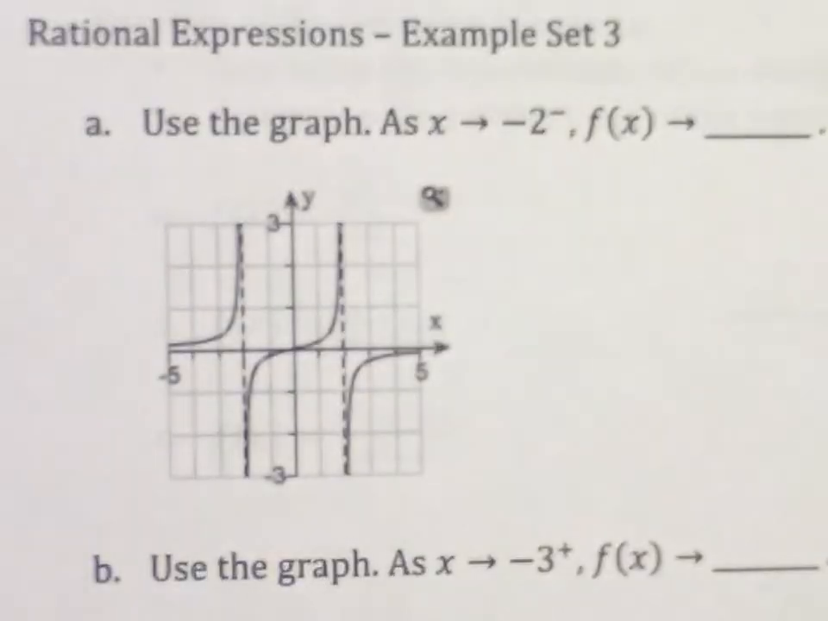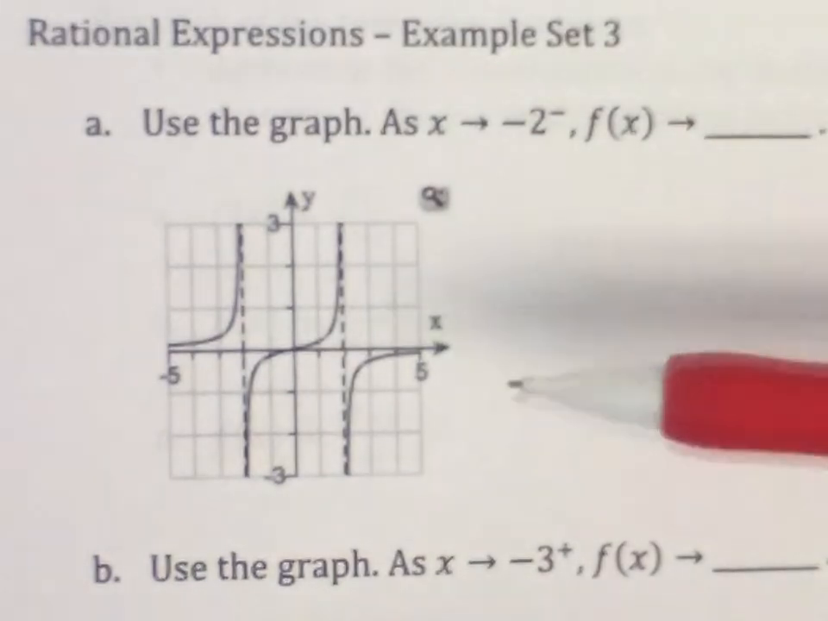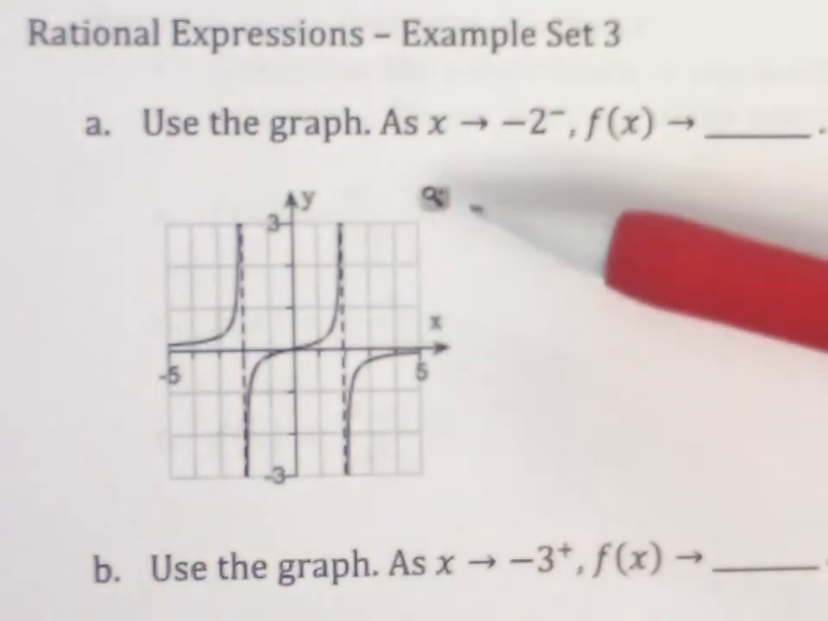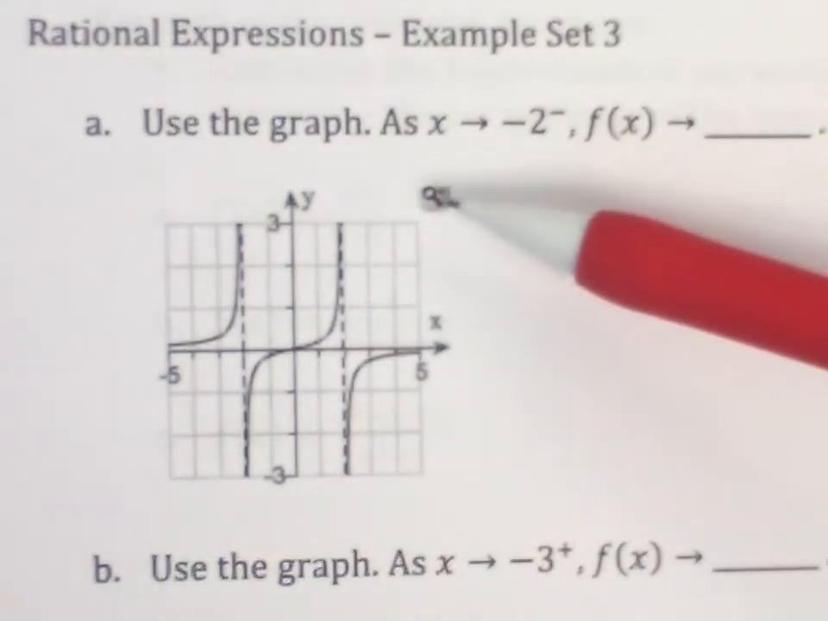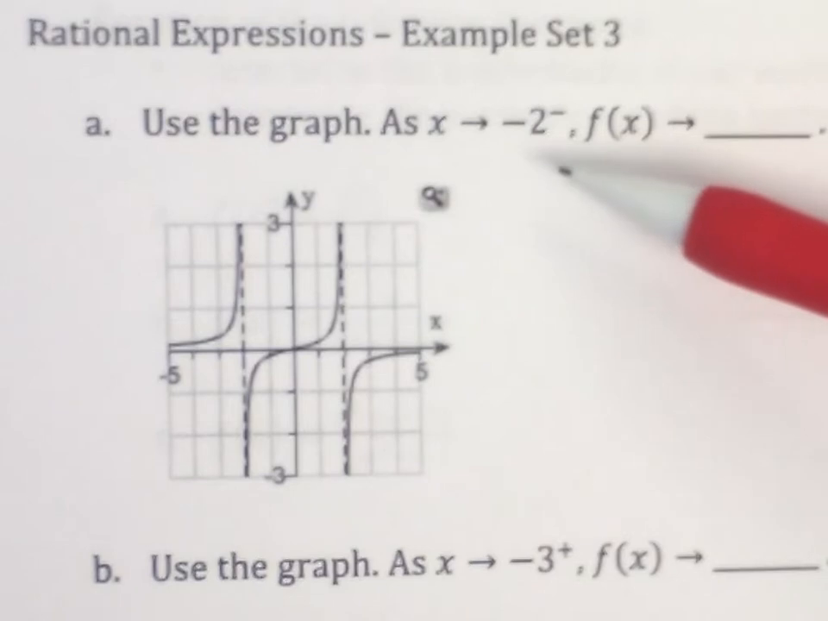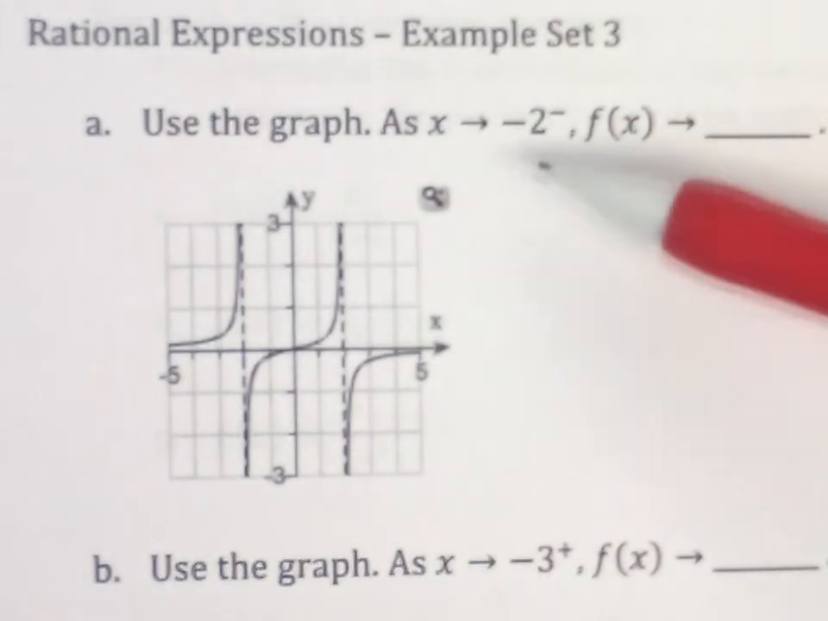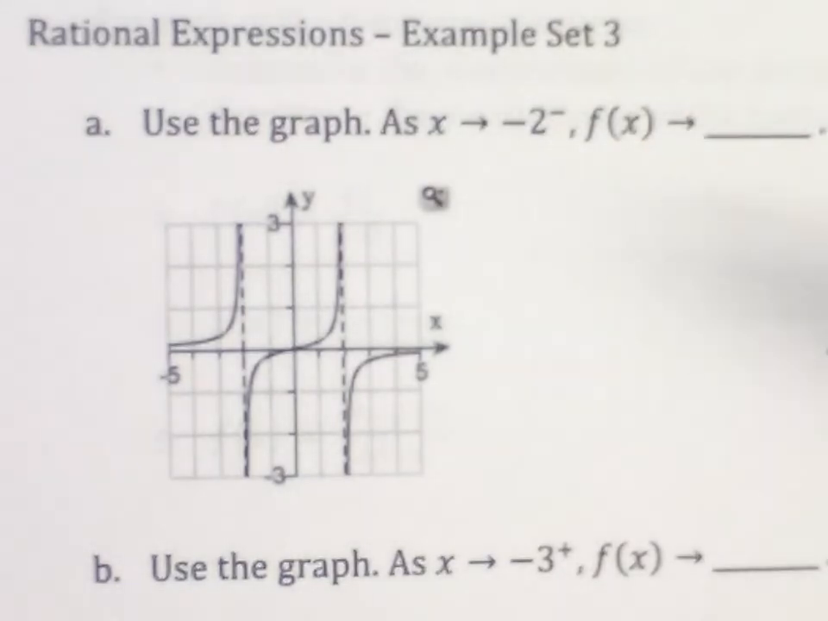Okay, continuing with our rational expressions examples, what we see here is we have a graph. It looks a lot like a tangent graph, but we have a graph, and we want to use the graph to determine what f of x is approaching as x approaches a value. And so we want to know as it approaches -2,